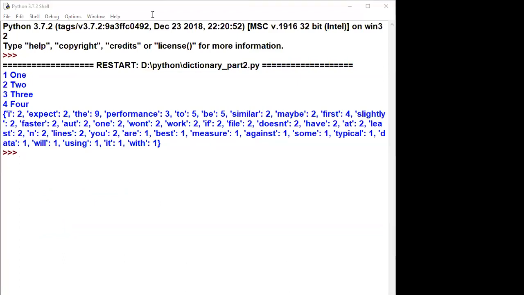Are you able to see the output screen now? Please ignore the rest of this output, because there is more than one program. You just see only the first 4 lines, the key value pairs of the dictionary. Yes, ma'am, we can see the output now. Now let me get back to the IDLE once again.